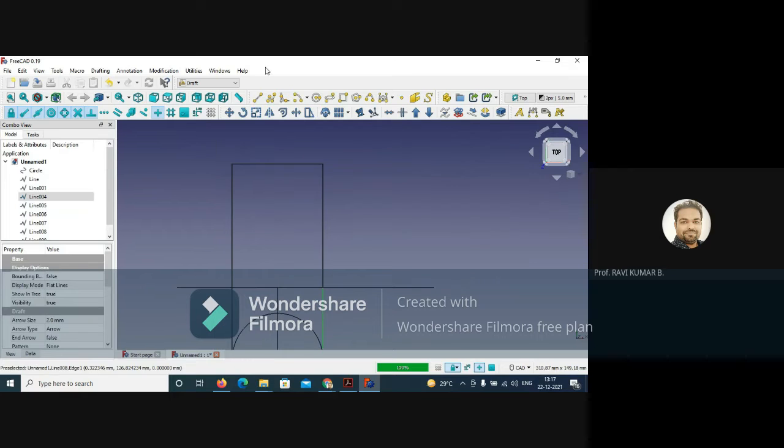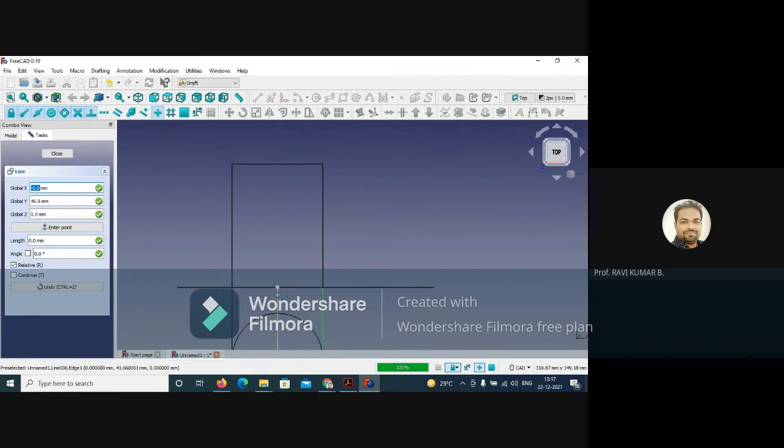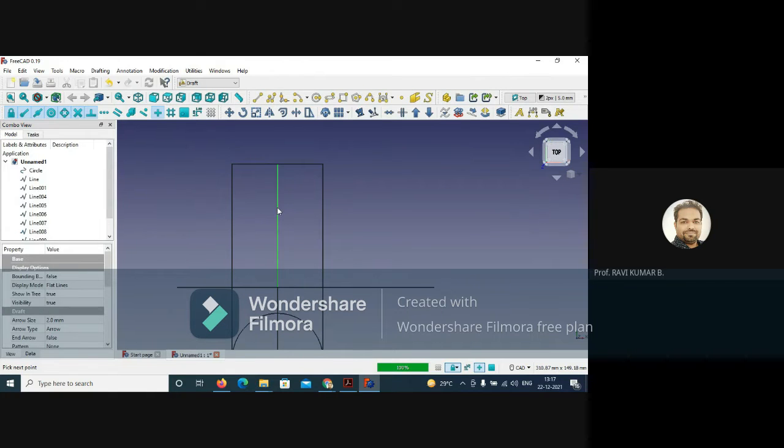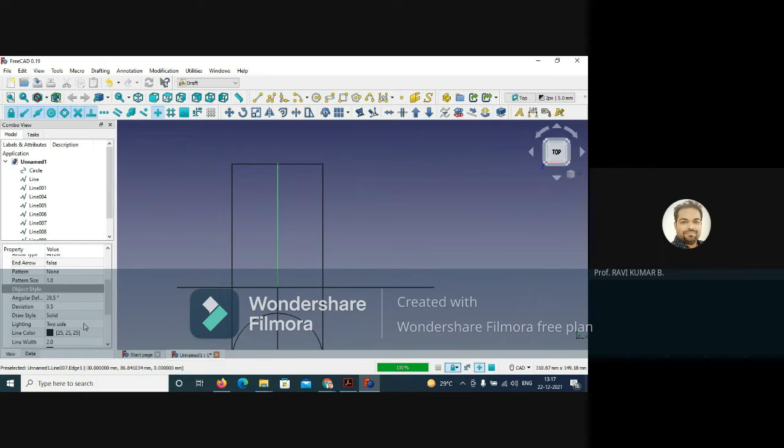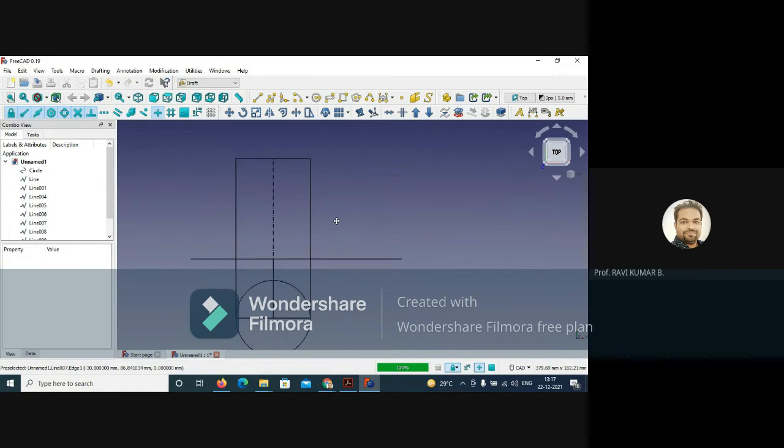Now draw the axis. Take a line, draw the axis this way, and convert this into an axis line because this is basically the axis. You can change this into dash dot. So this axis has been drawn.